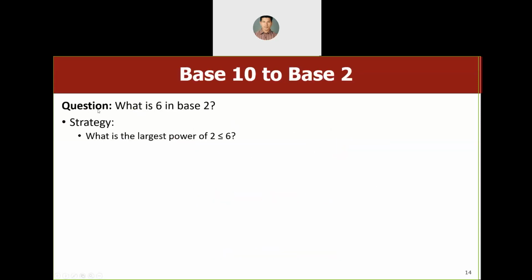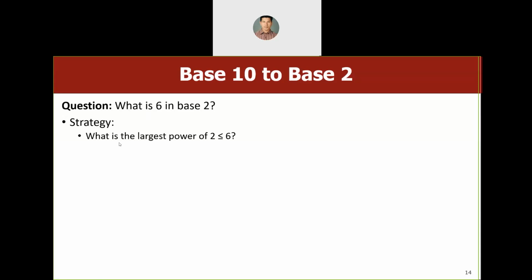Now we have a question: what is 6 in base 2? How do we do it? This is just an example which they have given, but we cannot do it like this. I think you have studied in 11th, 12th or maybe first year electronics that you take a number, divide by 2 and get remainders. That is the best option through which we can get binary, but this is just an example.